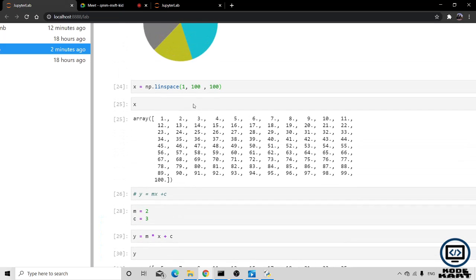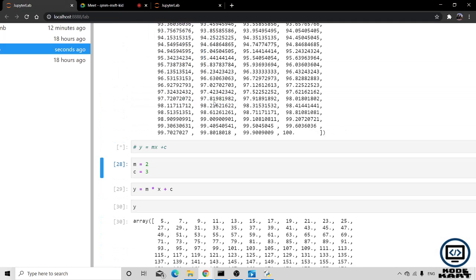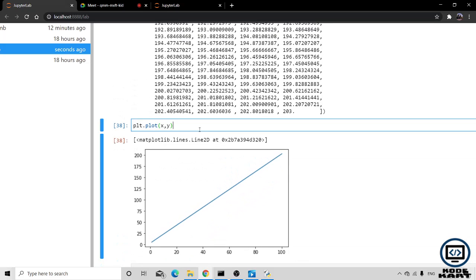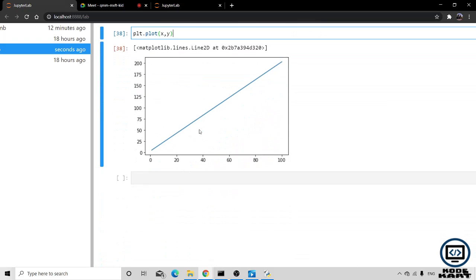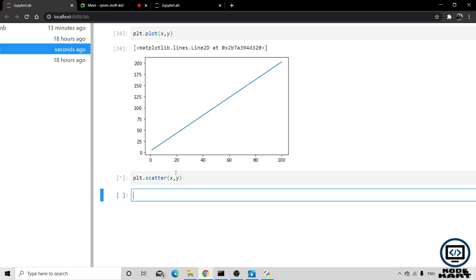If I want 1000 values, not 100 this time, let's increase the value. Okay, the graph is still looking the same. But what if I do not want to generate a plot, I want to generate a scatter, some dots in my graph. For creating dots, I will do plt.scatter x comma y.